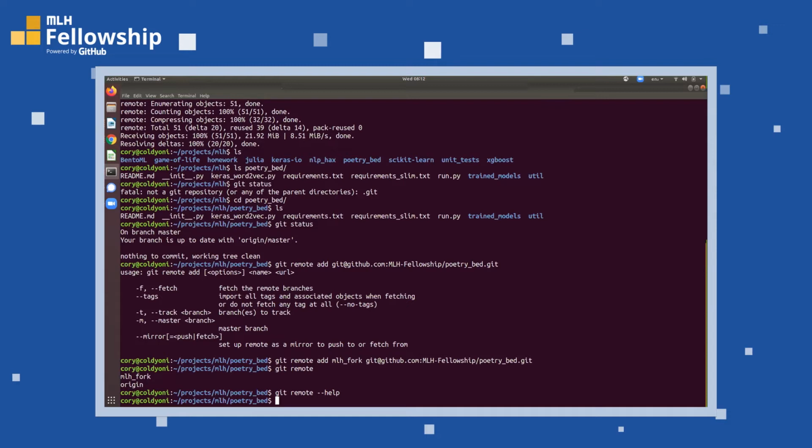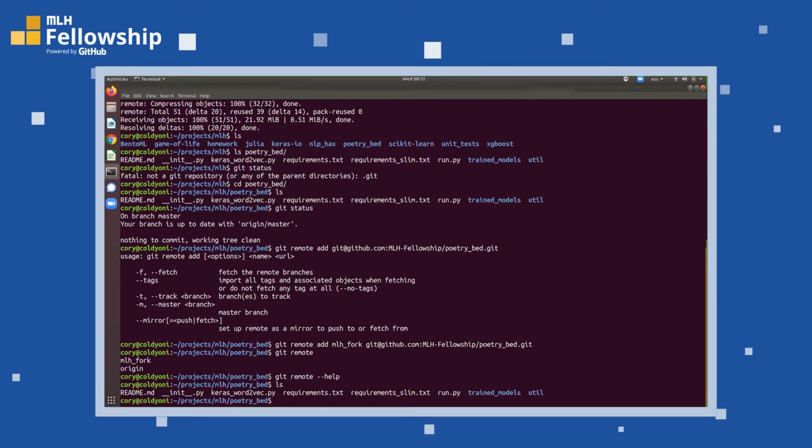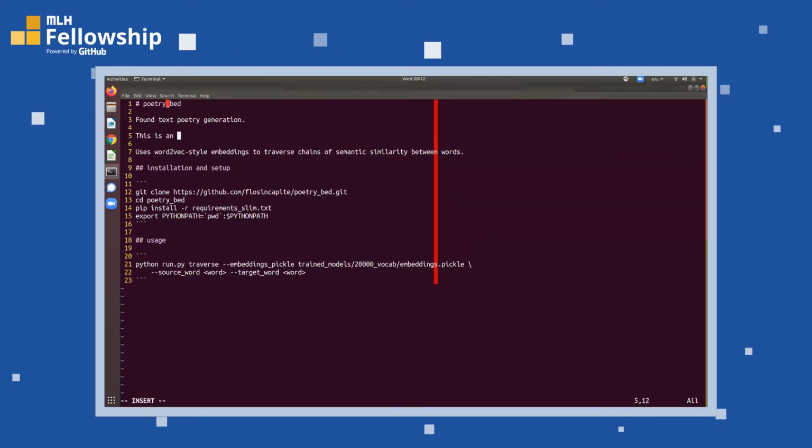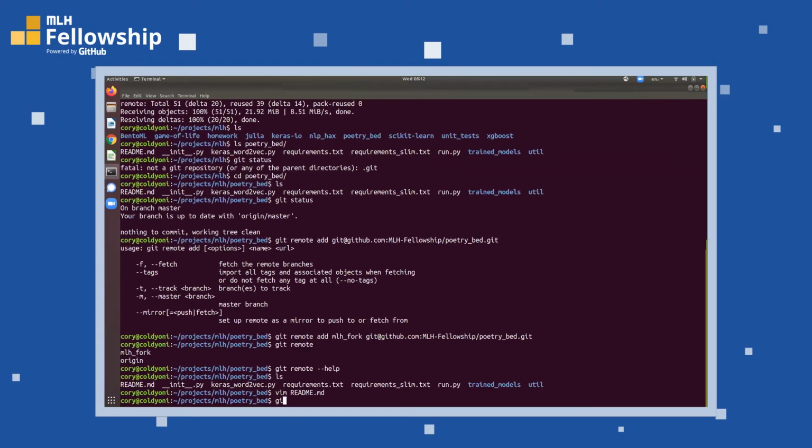So what am I going to do? I want to make a change. So let's see what we've got. I just want to make a small change. Here's my README. This is an extra paragraph. So I've made a change. If I want to make that work actually end up somewhere, the best way to do that is to do it on a branch. The way I can do that is